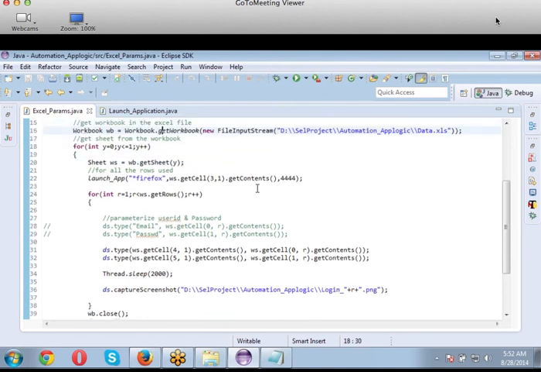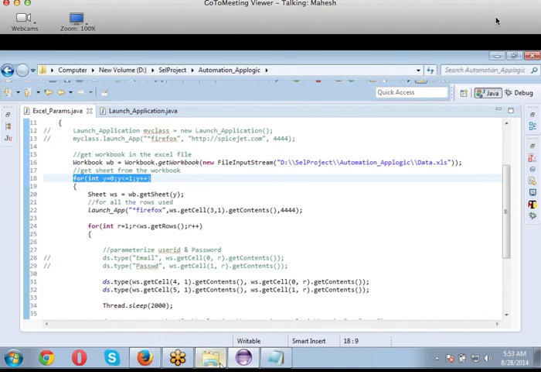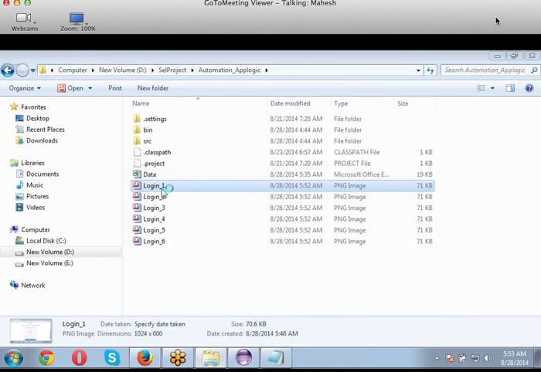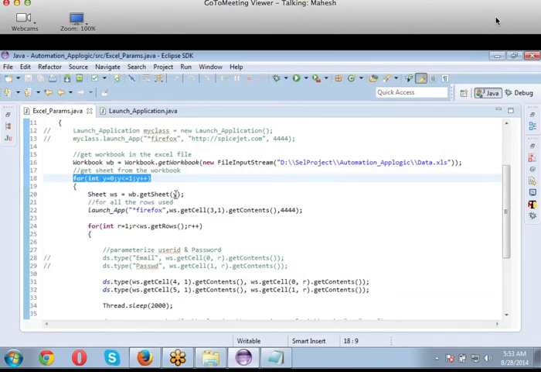This place where I have to change my sheet is not working. What should I do now? That is your assignment. The first sheet is reading the values, printing and taking my screenshots as usual, and it's not going to the next sheet. If I have to read the next sheet, I just have to change the index. Let me show you by changing it statically. Inside my code, instead of y, I'll write 1.